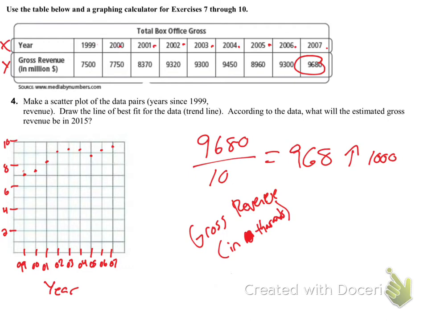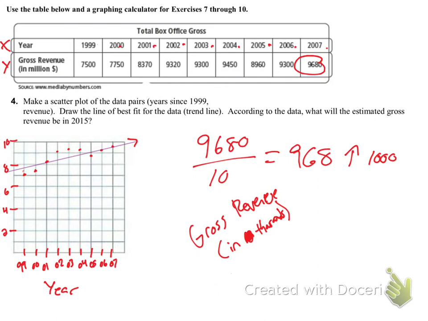So after I plot all my points, it'll look something like this. And then I just want to do my trend line. Now, in the trend line, you just want to try to go through all of the middle of the points. So I start over here, and actually I'm going to redo that. If I start over here and I want to try to get it through the majority of the points, so it'd be something like that. But what the trend line does, it kind of shows you what's happening. So